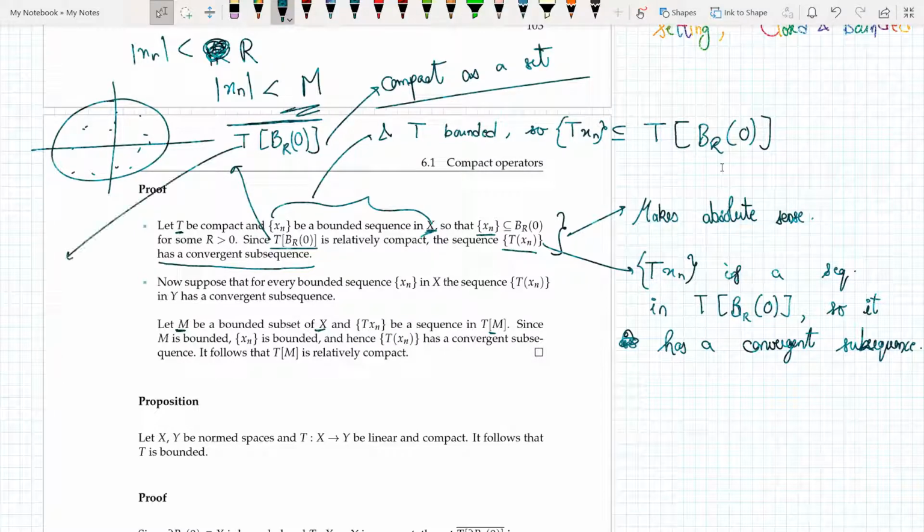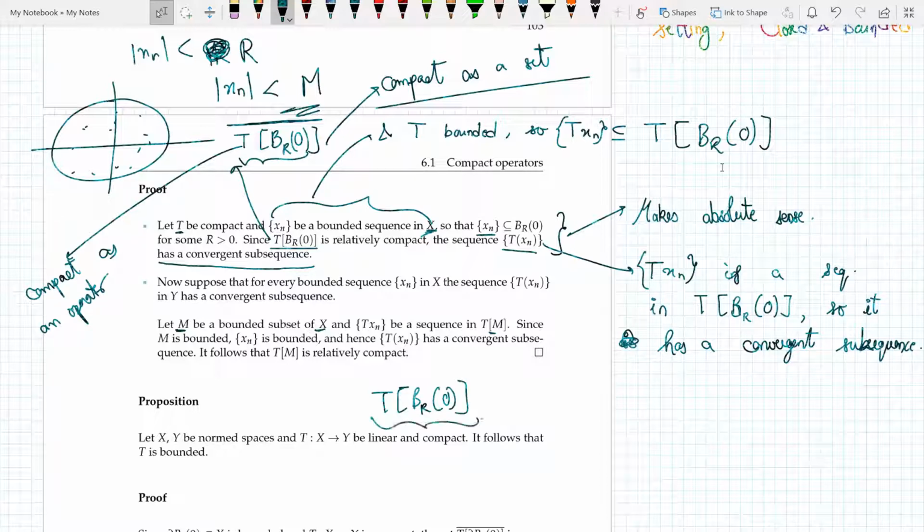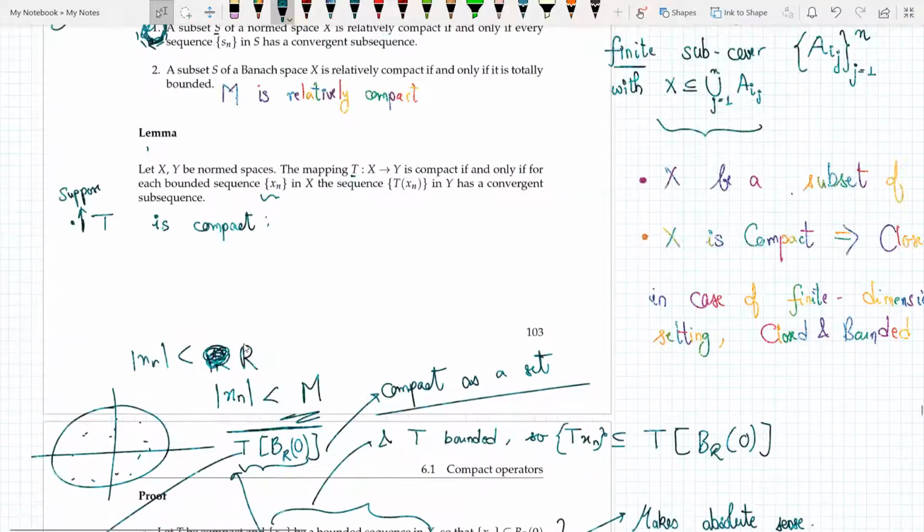Now T is compact as an operator means that this thing here, without the closure, let me write it down again, T(B_R(0)) should have a convergent subsequence. If that is the case, since T(B_R(0)) is relatively compact, because this is what my definition of compactness says,